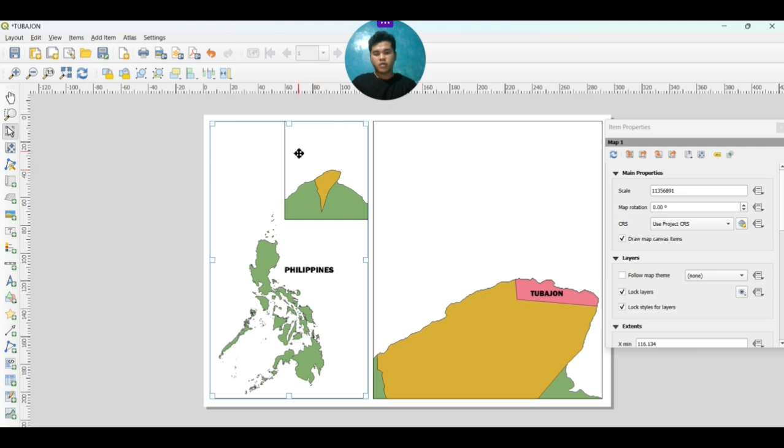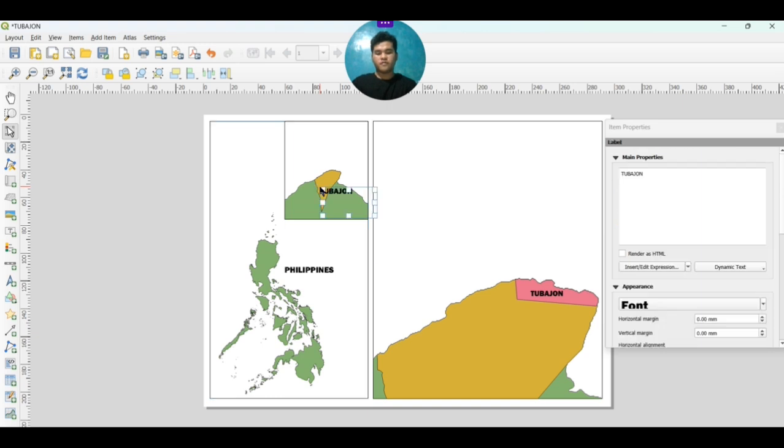Then we also want to name this map, the yellow one. So Control V, then change it here.